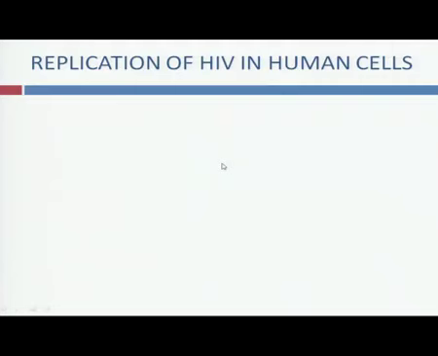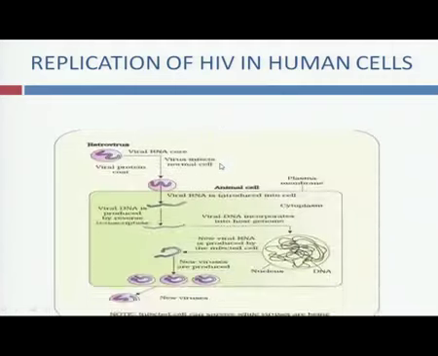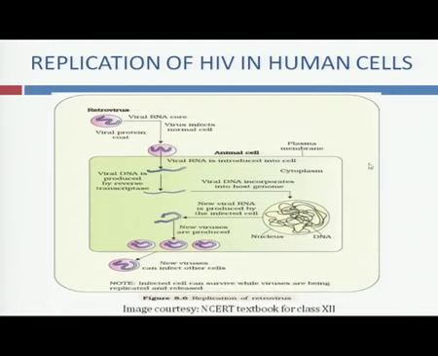Moving on, let us see how the HIV replicates inside the human cells. Here, this diagram is given in your NCERT textbooks. Let us study this diagram in detail. So, here we can see there is the viral particle with its RNA genome. The virus particle infects the normal cell and the viral RNA is released inside the cytoplasm. What happens next? This RNA is used to make DNA by the process of reverse